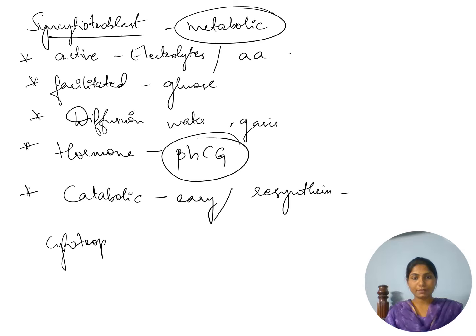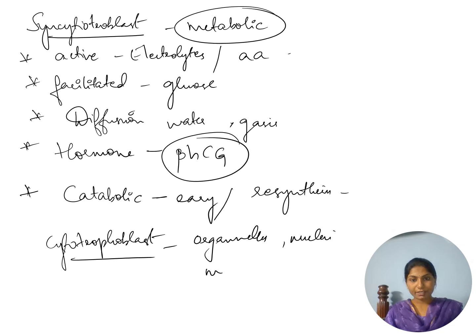The cytotrophoblast feeds in all the organelles, including the nuclei, mRNA transcripts and new enzyme systems; everything will be transferred from the cytotrophoblast to the syncytiotrophoblast, and only then can the syncytiotrophoblast function like a unit